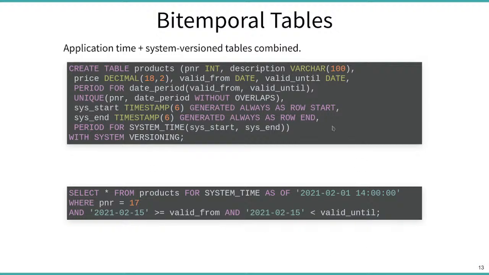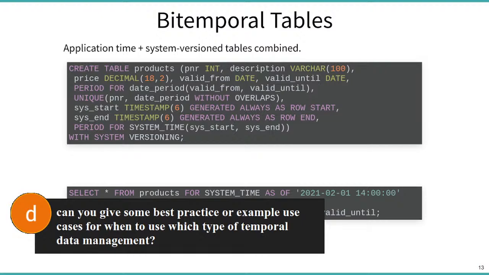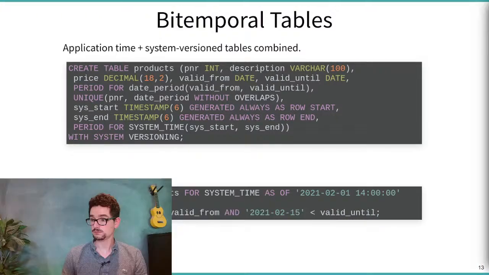And when you understand this temporal tables example, then you understand everything of today. Can you give you some best practices when to use which type of temporal data management? Yeah, you manage different things. So the system versioning tracks when something happened in the database. It's also called transaction time. So you can travel back in the database to give you